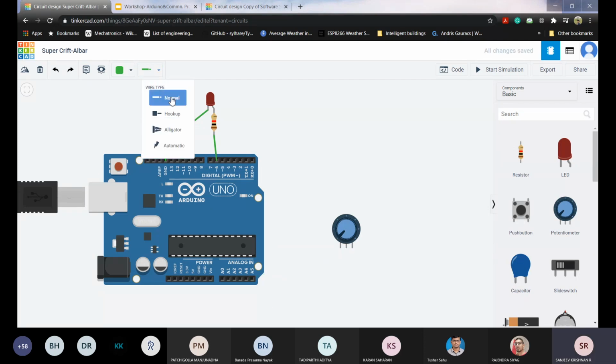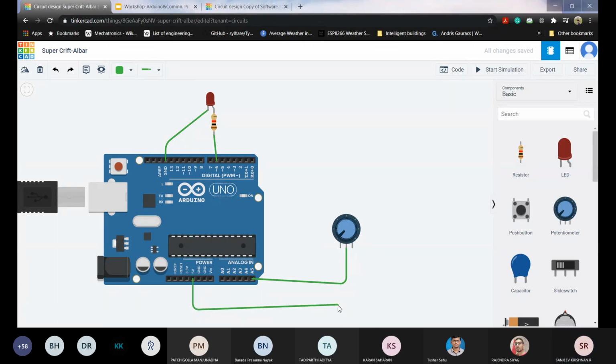Fine. So the center pin is the output pin. I am connecting it to A5, and at one end you have to give 5 volt, and at the other end you have to give ground. Fine.